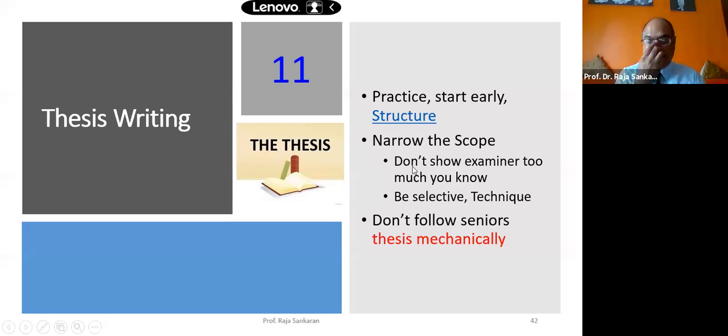What this structure is, I'll cover in the next slide. And narrow the scope. So what typically this means is, during the PhD journey, you will go through multiple things. Do you want to show everything to the examiner? No. So be very choosy, very specific about what content you put as part of your thesis as well. I'll give you an example. For example, as part of my study, I did use the artificial neural network for predictive modeling of mobile banking, but I did not use it as part of my